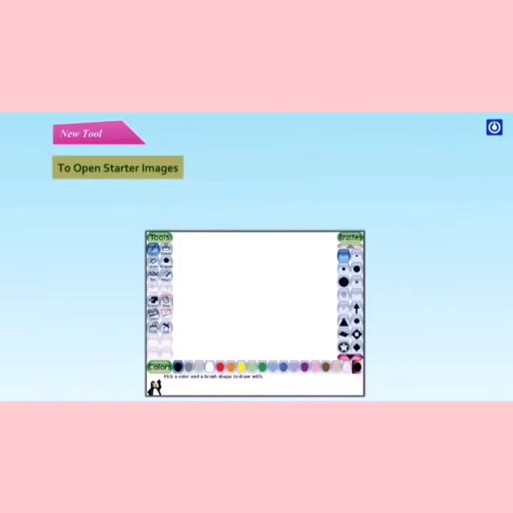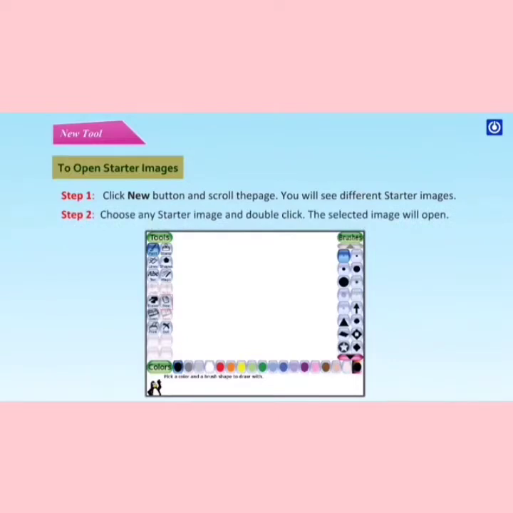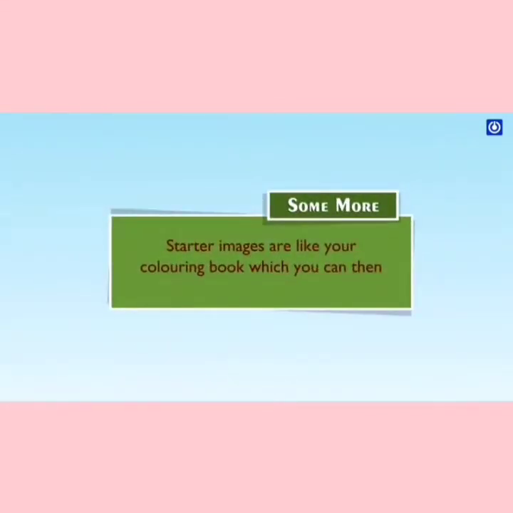To open a starter image, step 1. Click the New button and scroll the page. You will see different starter images. Step 2. Choose any starter image and double click. The selected image will open. Some more starter images are like your coloring book.